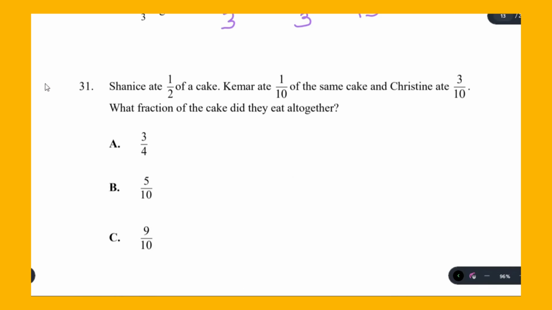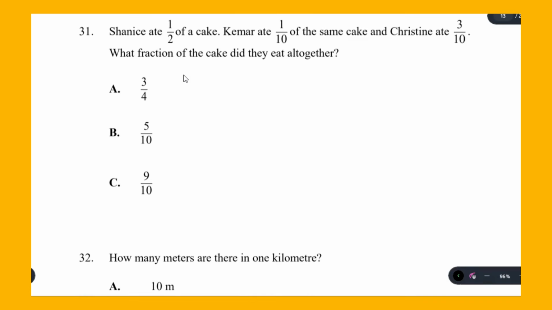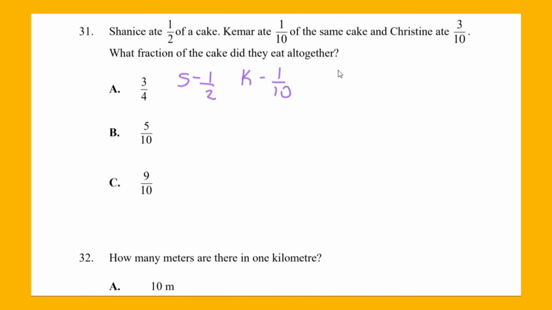Question 31. Shanice ate 1 over 2 or half of a cake. Kemar ate a tenth of the same cake, and Christine ate 3/10. What fraction of the cake did they eat all together? Now, Shanice ate a half, Kemar ate a tenth, and Christine ate 3/10. Now we can go ahead and add these two fractions because